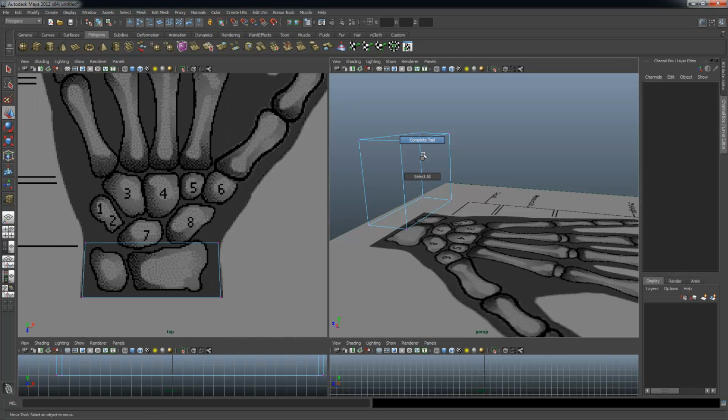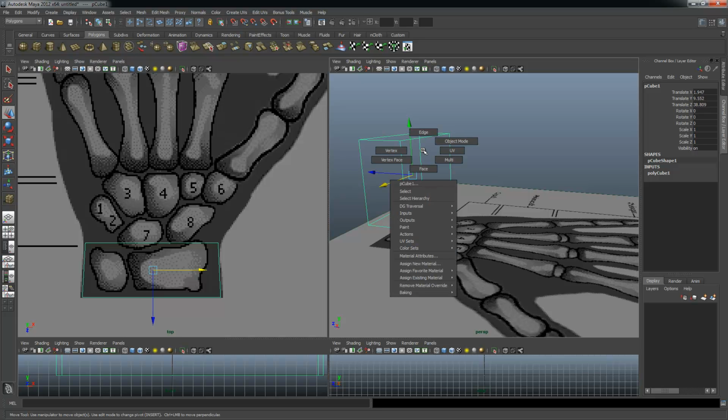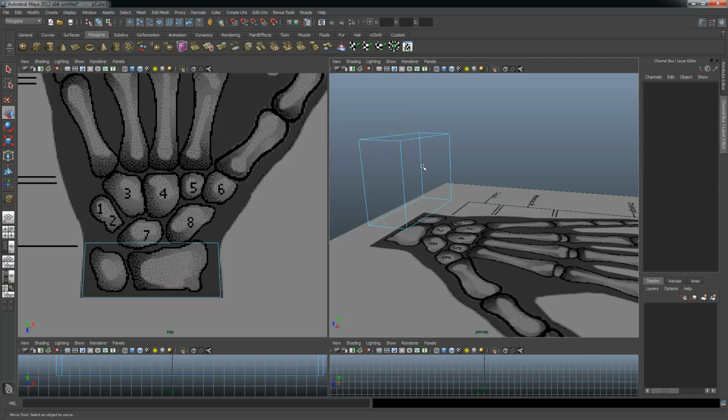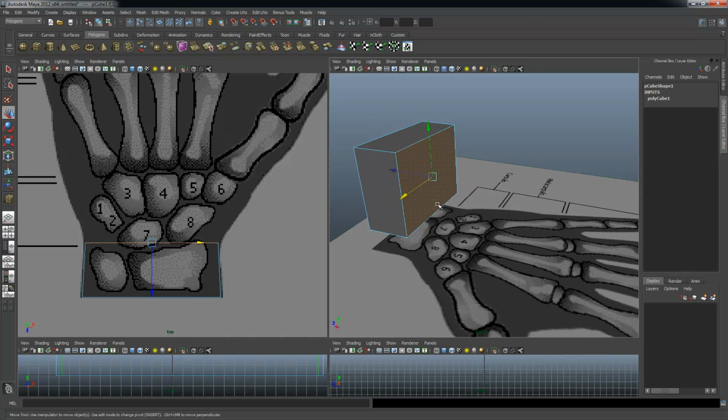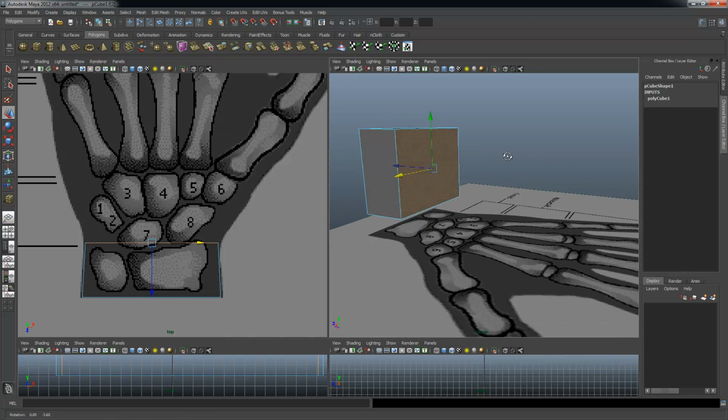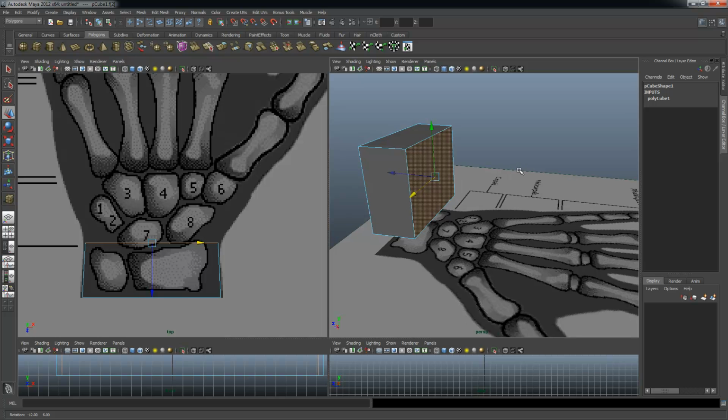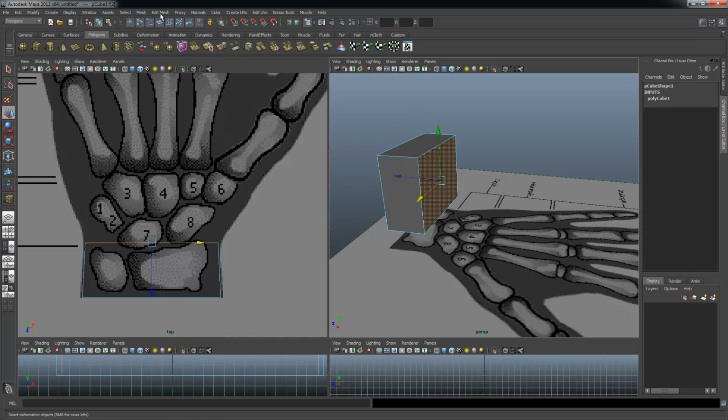Alright, now I'm going to go into the perspective viewport, and I'm going to hit F8 so that I can get into object mode first, so that my sub-object options will pop up when I right-click on the mesh. So now I have right-clicked on the mesh here, and I want a face, so I'm going to select the face here. I just hit the 5 key because I want to go ahead and shade this geometry now. So once I have this face selected, I want to go ahead and extrude it. So I'm going to go to Edit Mesh,